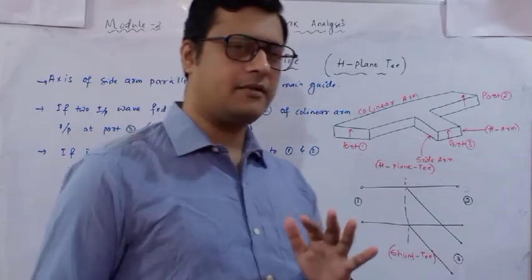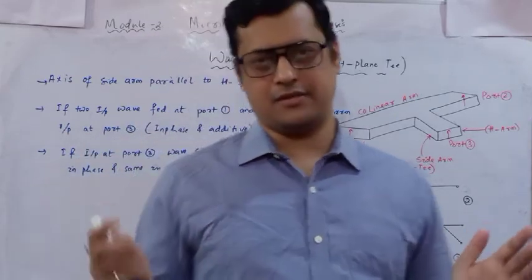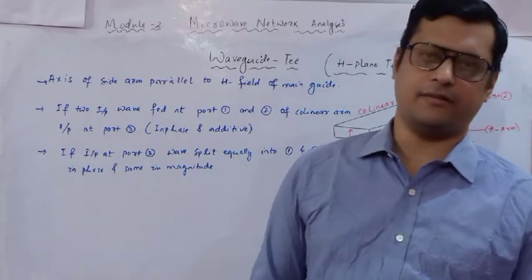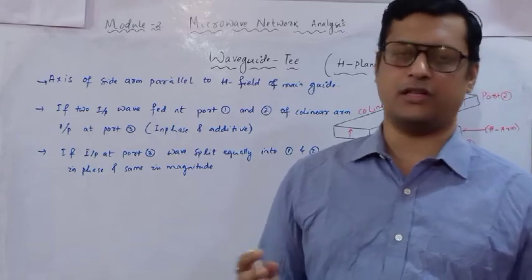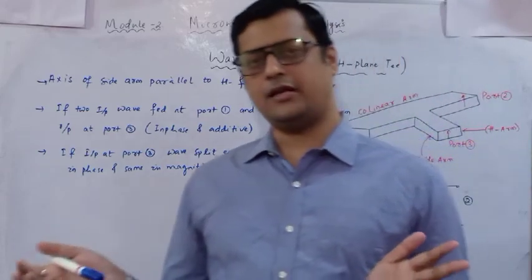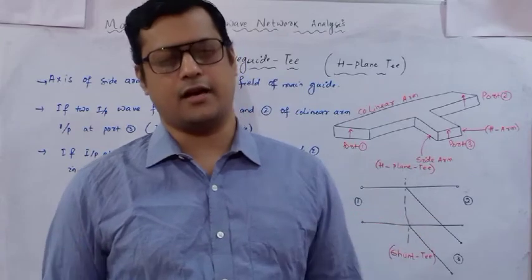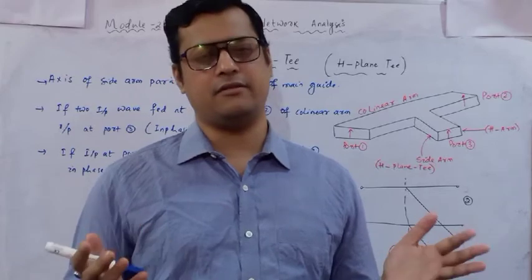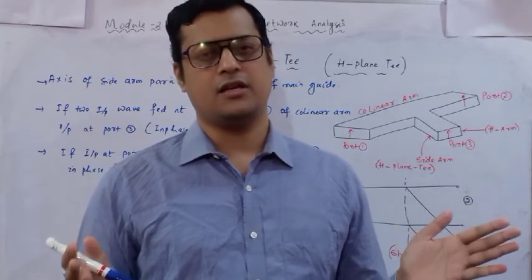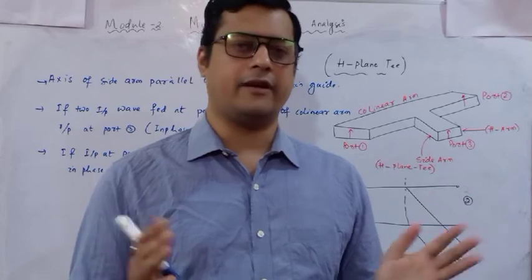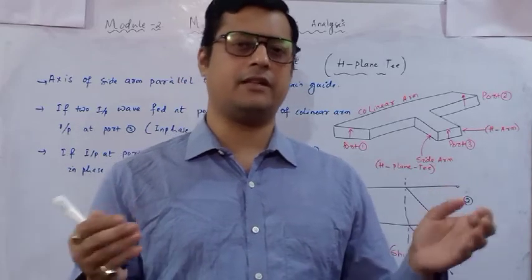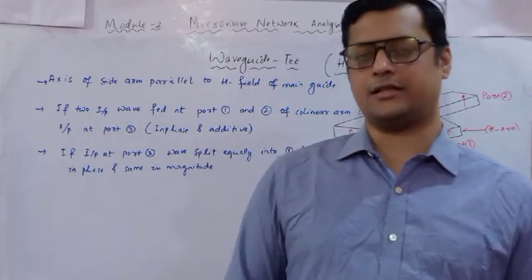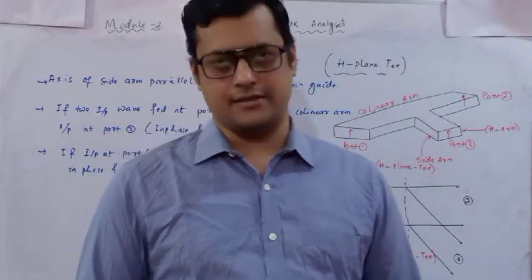Now we have derived the E-plane T junction with the help of certain assumptions. It is a three port device in which port 1, port 2, and port 3 are available. Port 1 and 2, as we have seen, are the collinear arms, and port 3 is called the difference arm. So whatever power is given to port 1 and port 2 is considered as in phase components. If the two powers are fed in phase, then the resultant output at port 3 will be 0, because the E arm is called the difference arm.